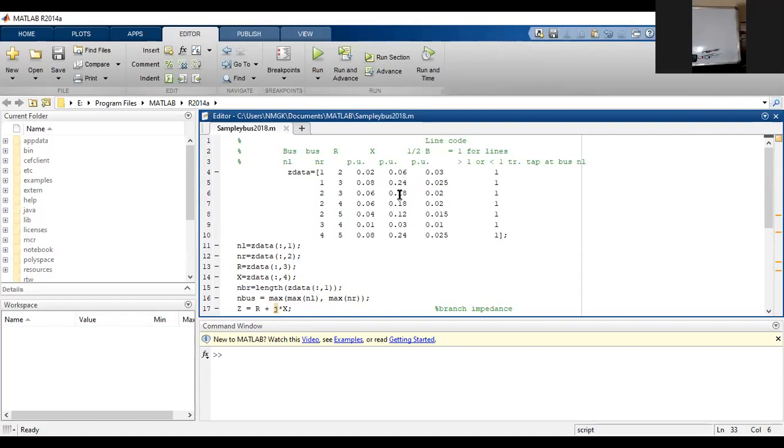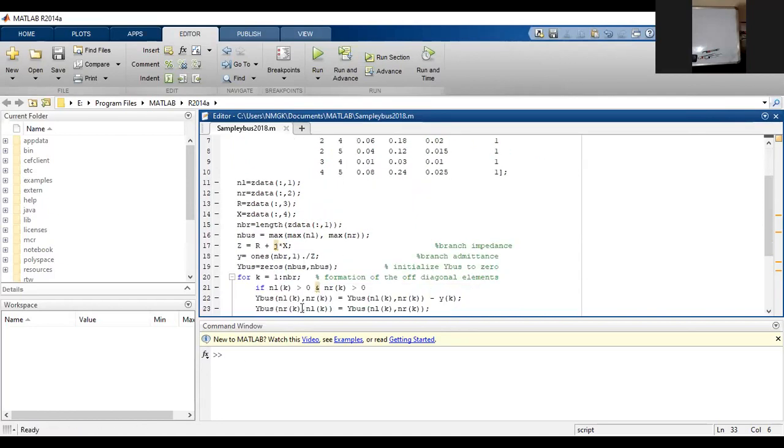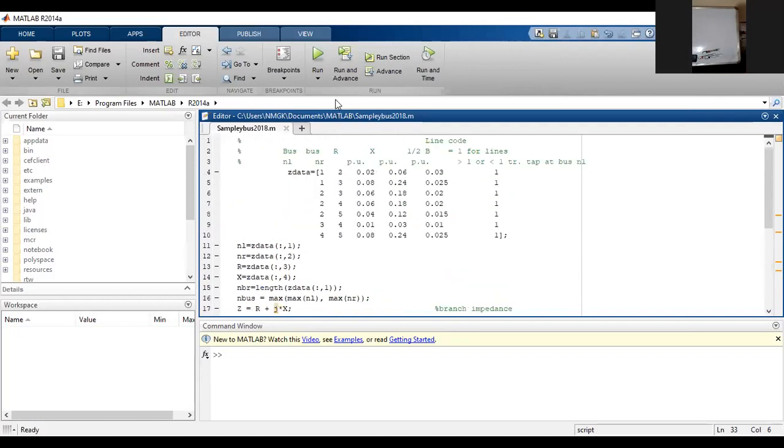Yes, sir. All right. Are my program letters visible? I want to increase the size. Visible, sir. Okay. All right. So now I am running the program.